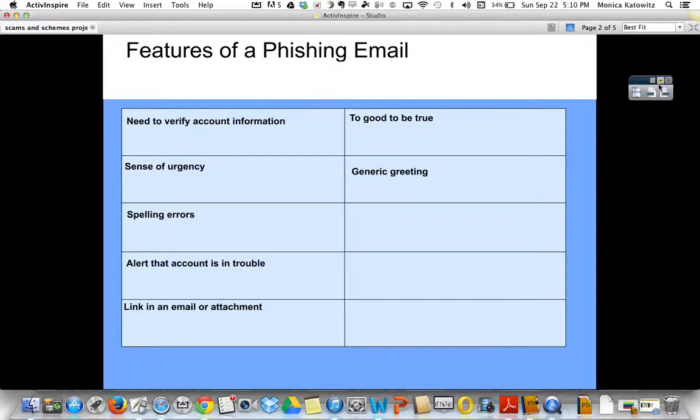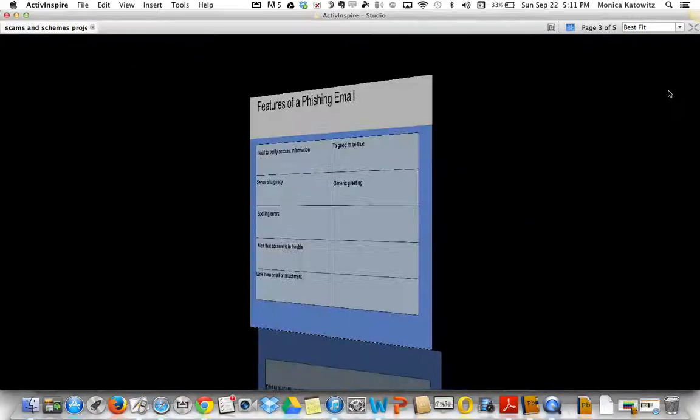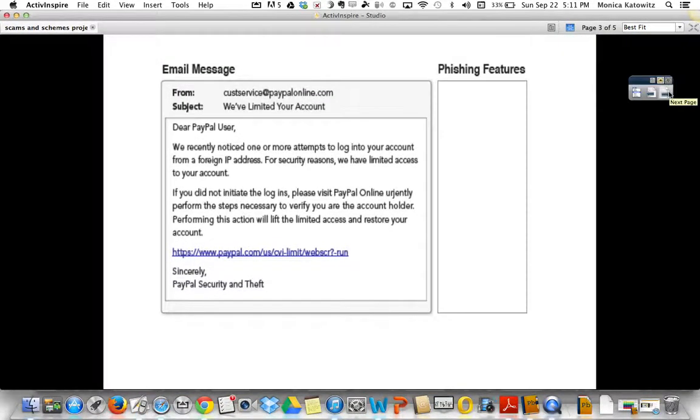Features of a phishing email, which we talked about last time, are a need to verify account information, a sense of urgency, spelling errors, and an alert that the account is in trouble. There might be a link in an email or attachment, or it could be too good to be true, or there's a generic greeting. So those are the features of a phishing email. So what you're going to do,